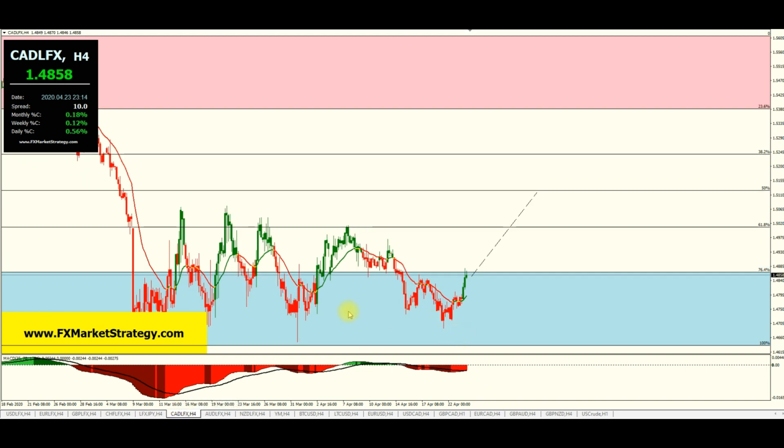For the Canadian index, I said last week this is probably going to reverse strongly and have a strong wave. You can see this is a very strong move in the Canadian index. However, the oil did crash so badly. You know what happened with the oil last week and this week. But the Canadian index is holding ground and reversing, going up, and this index is going to go at